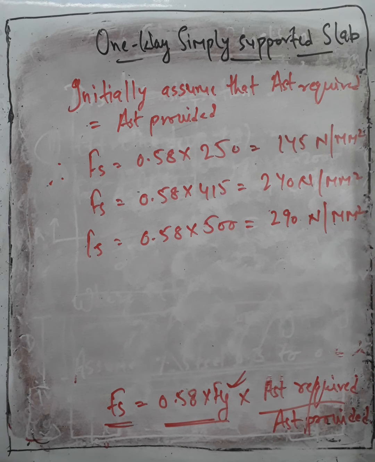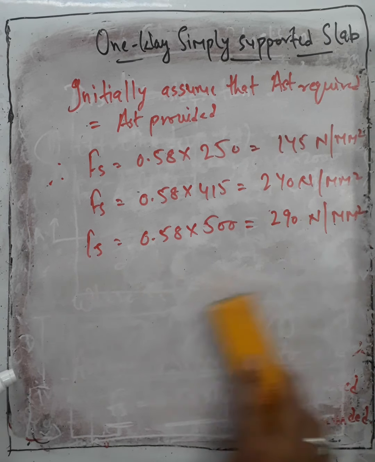So first consideration is you have to find the effective depth, and for finding the effective depth you have to use L by D ratio, and for simply supported case L by D is equal to 20. If we use it for tension criteria, then you have to multiply with modification factor, and for finding the modification factor value you have to find the Fs, and these are the Fs values for different grades of steel. Okay, so this is our first consideration, the effective depth.